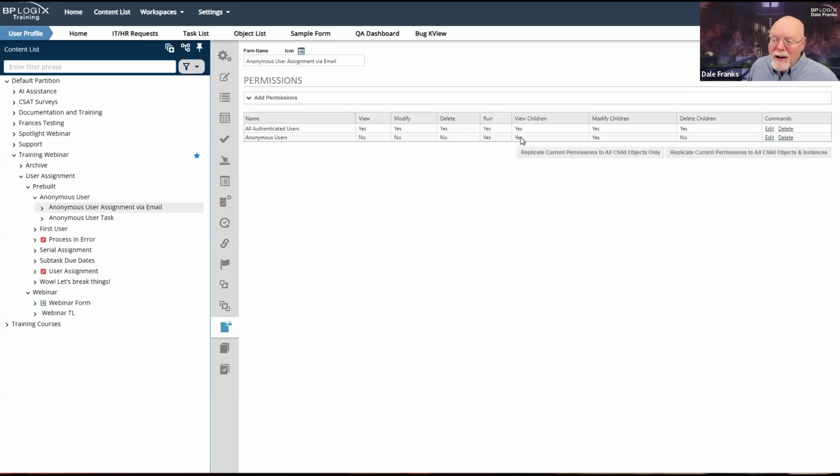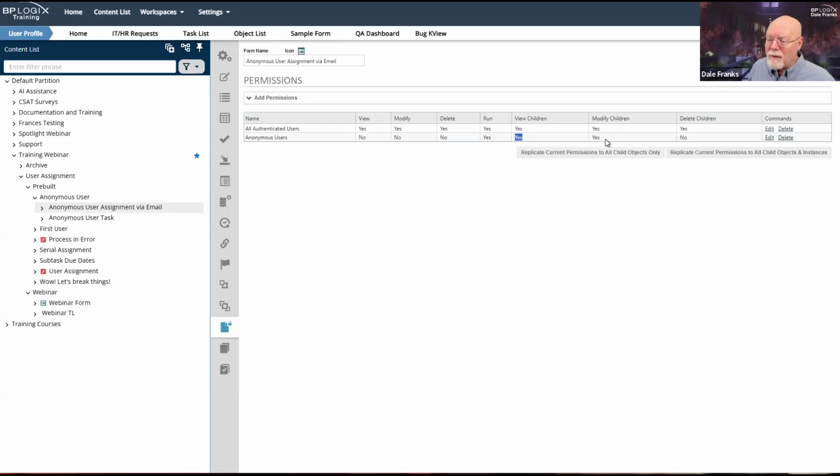If we are not going to show them a list of forms in, say, a knowledge view, and so they don't have anonymous access to any knowledge view, and we only want them to open this form in the context of a task, technically we don't need to give them view children permission either.